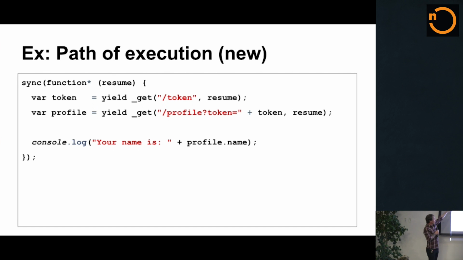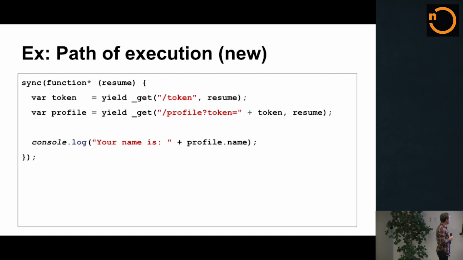Something you're seeing here for the first time is this sync function. This function reduces some of the boilerplate that you have to do in order to suspend and resume and pass values around. There are a variety of libraries out there right now that already provide this functionality for you. GenRun is one of them. Co, I think, is another one. If you Googled generator wrapper libraries for JavaScript today, there are a ton of them out there.